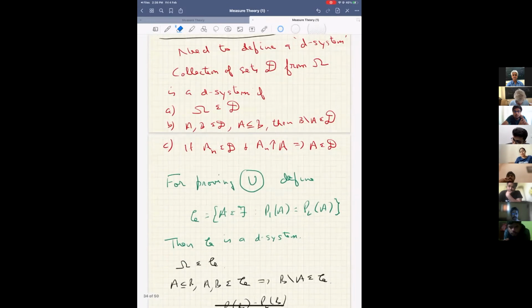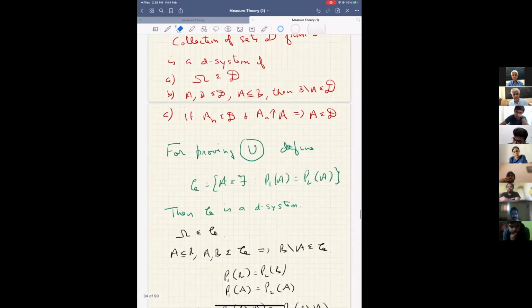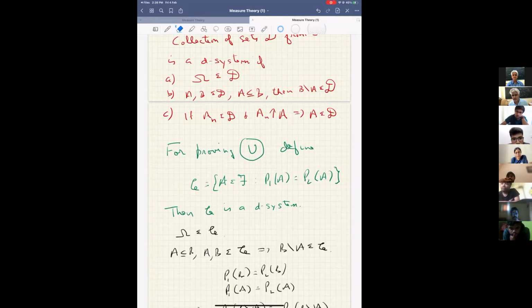Define calligraphic C class, which is like we had last time, all the sets in A where P1A is equal to P2A, right? Later, we'll argue that this class is actually equal to F. So right now it's a subset of F. Later we'll show it's actually equal to F. So first we'll argue that C is a D system,